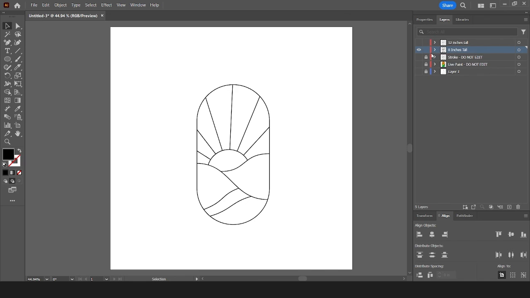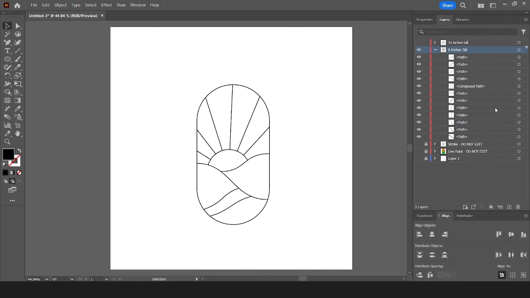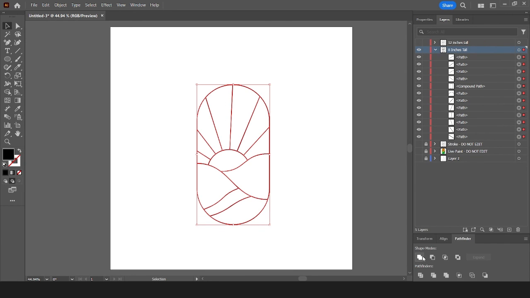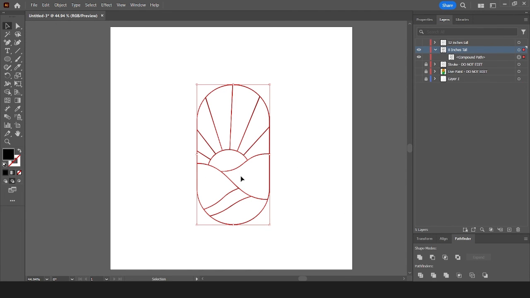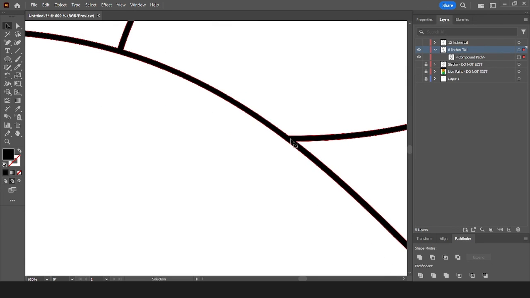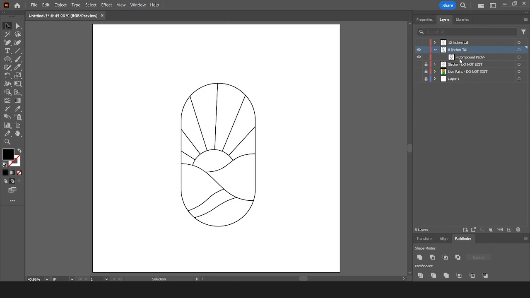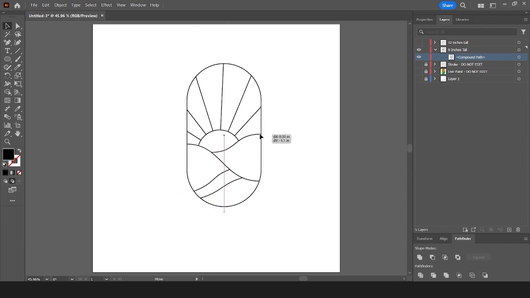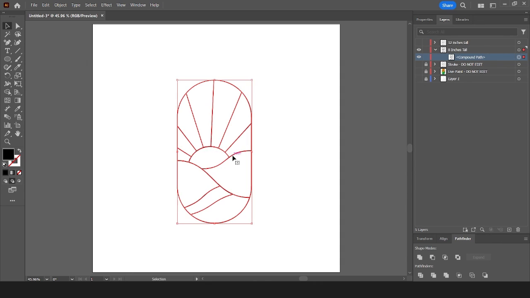However, if we look inside of all of the parts here, that's a lot of different individual paths, and that's not quite what we're looking for. We want it to be something that's nice and solid. So if we go into Pathfinder, the Unite Pathfinder up here is going to take all of those individual pieces where they overlapped, and it's just going to unite them into one solid shape. So now we have one individual compound path, which is exactly what we want. This is what we would send to the Cricut machine. However,